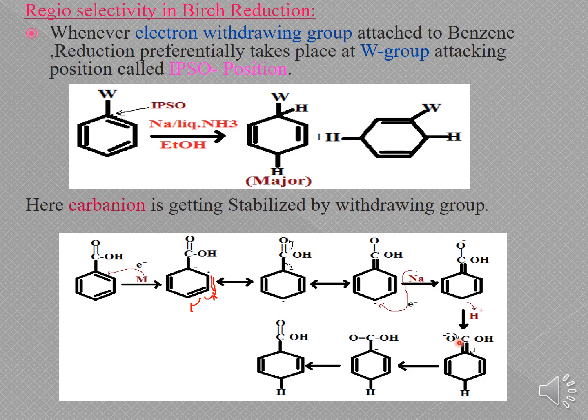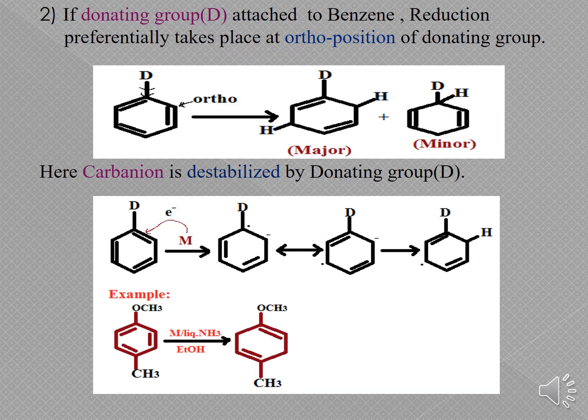And then this minus charge of the carboxylate ion will shift, and this bond will shift, and it will result in the carbanion towards this position. And then there is the abstraction of the proton again upon protonation. Here again you have to do the protonation step. Then the carbanion will abstract the proton, resulting in this product formation.